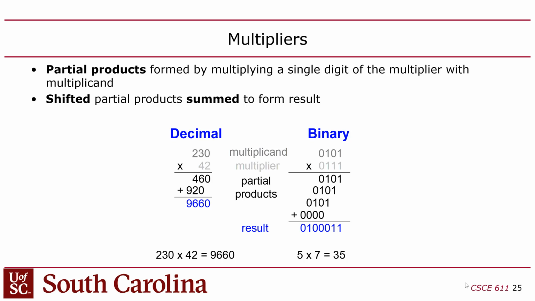Bit 0, bit 1, and bit 2 are all turned on, so I'm going to shift by 0, shift by 1, shift by 2. Then I take each of those shifted values and add them up. So this becomes 5 plus 10 plus